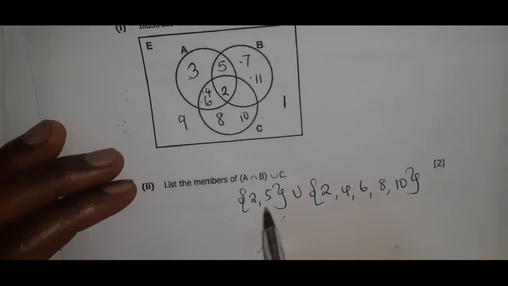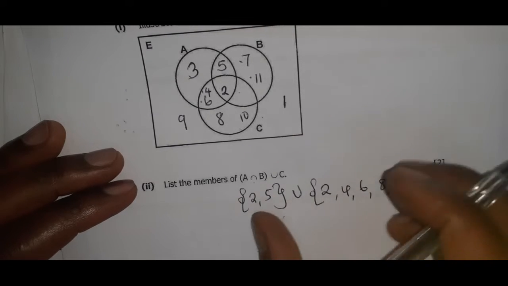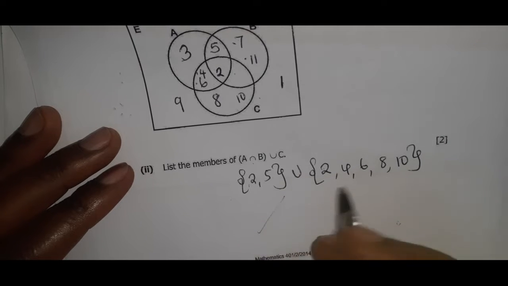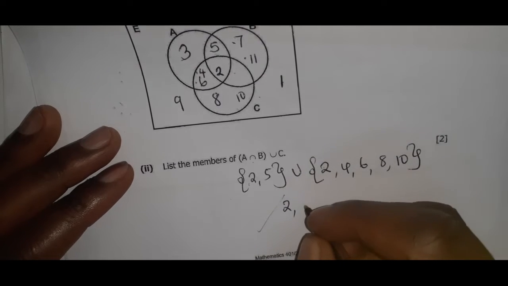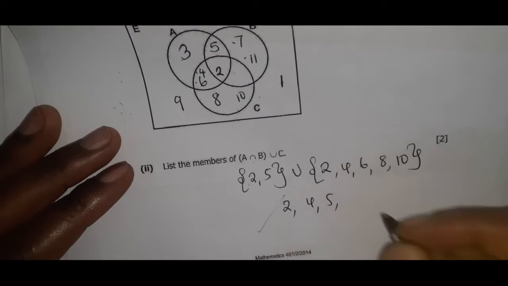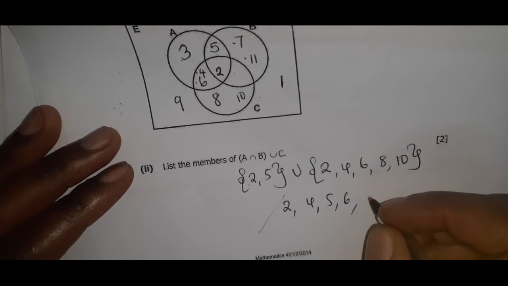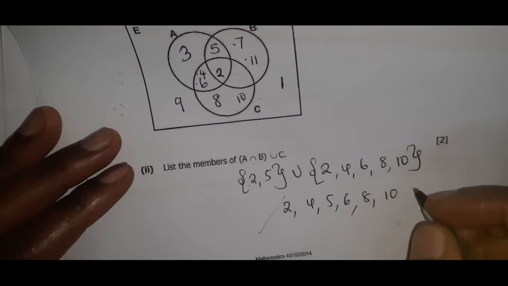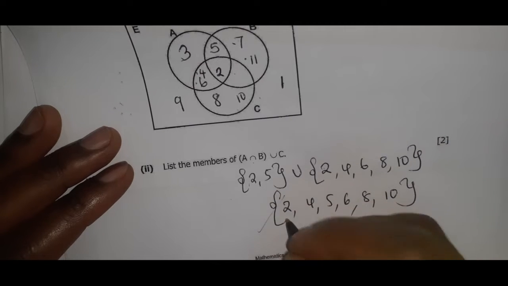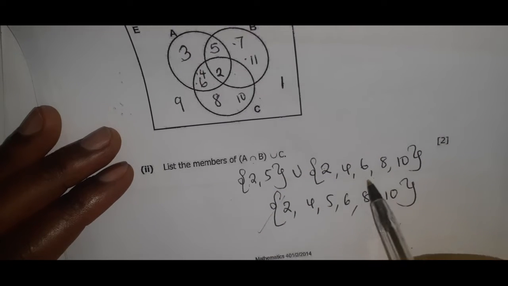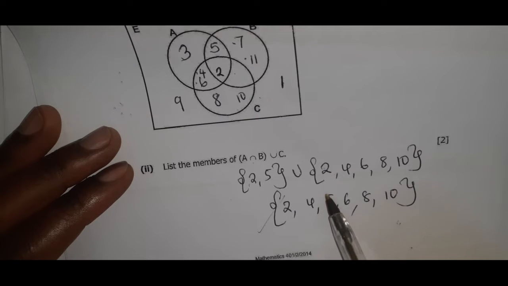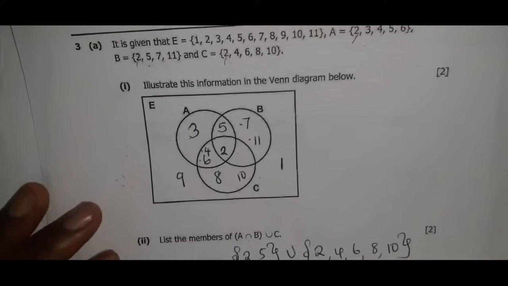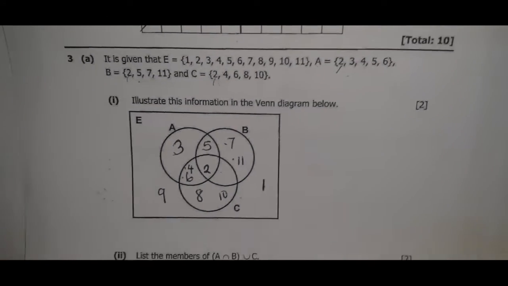So the union of these sets, it means we need to put these elements together, all of them, we list all of them. But 2 appears on both, so we don't repeat it when we're writing. So it will be 2, 4, 5, 6, 8, as well as 10. So this is what we're going to have. So on these elements here, you will just add what? You are going to add just 5. And that will be the answer. Okay? So we can move on